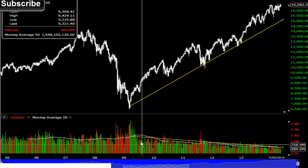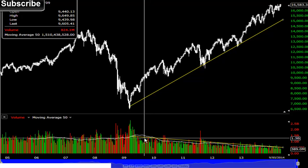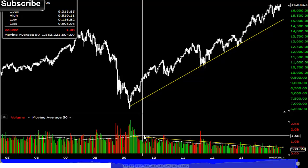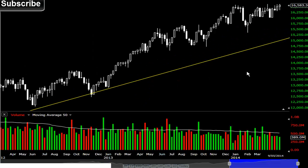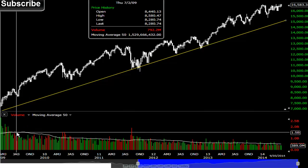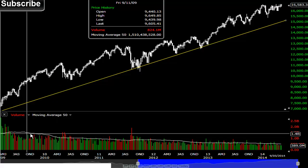So over here in 2009, 2010, what was the average? This is the average here. We're probably averaging around about 1.5 billion per day, around about there. Now, if you look at the volume here, if I just remove this and squeeze up a bit more, you can see for about 1.5 billion back in 2009 to 2010,